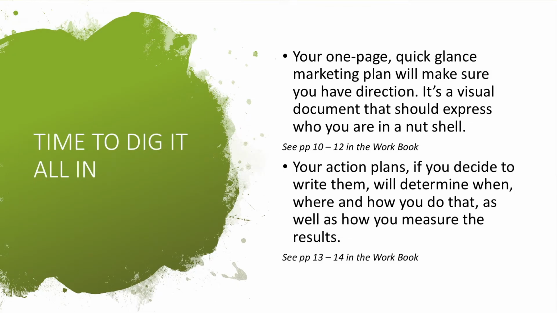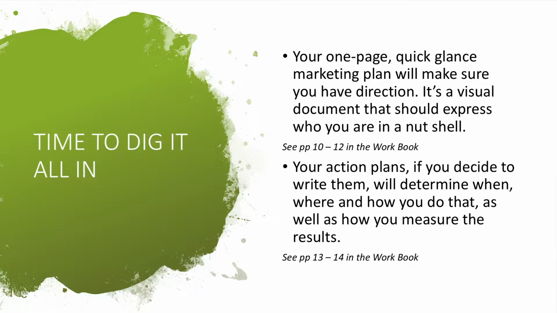At this point, you're probably wondering how all the information you've now pulled together is going to make sense. If you think back to video 1, we covered the what and why of what you do and talked about the marketing mix and market research you needed to cover to ensure your marketing plan responds to the objectives of your business. In video 2, we looked at who it is you're trying to reach. Your quick glance, one-page marketing communications plan is now within sight. It's not designed to answer all the questions, but to remind you in a visual way who you are and who it is you're wanting to communicate with through your marketing.